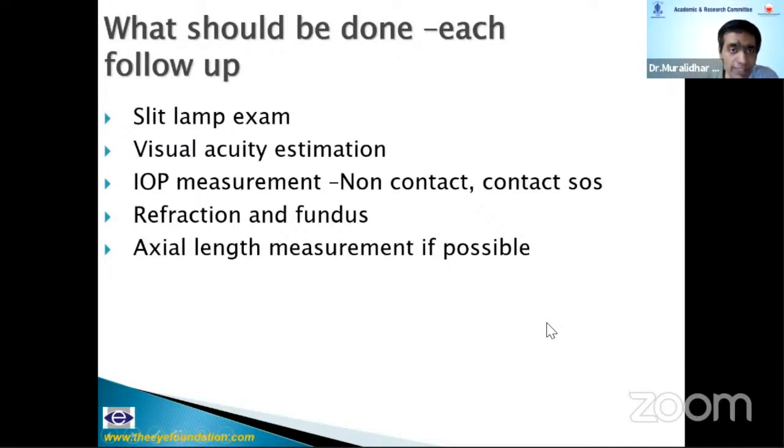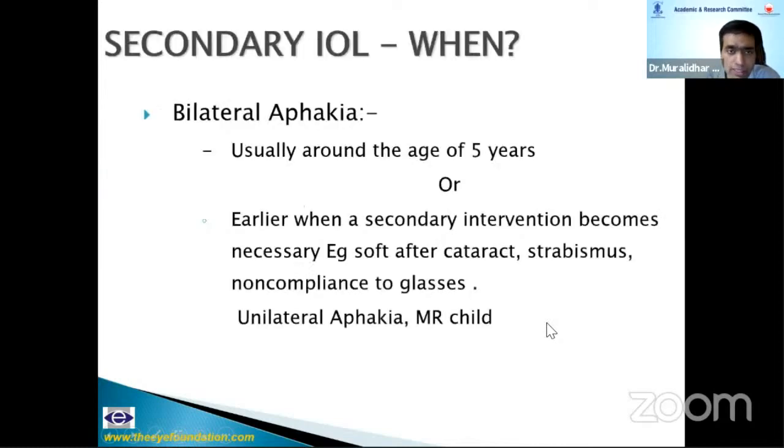Please remember that if there is any vitreous strand that has been left out, I make sure that the pupil is round and the capsular margins are also round. Just in case it gets left out, I would recommend removing it, even though it requires another general anesthesia, because sometimes in the late period, they can contract and they can distort the anterior segment.